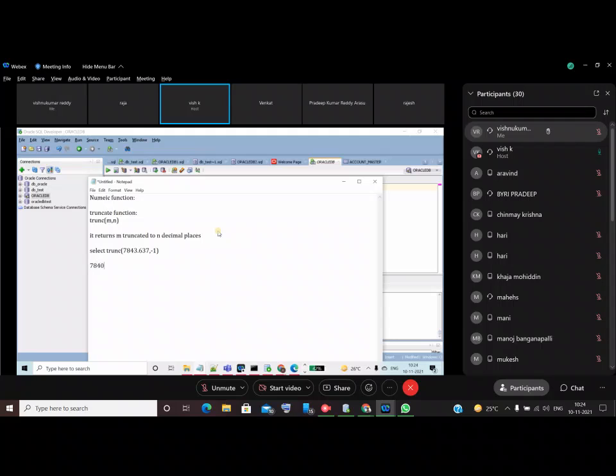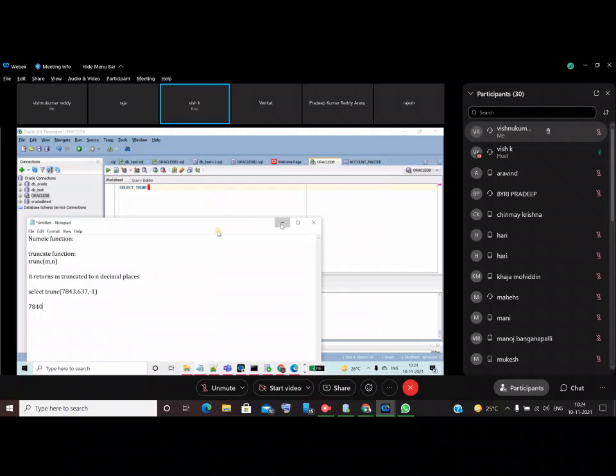Sometimes a business requirement will ask you, whenever you get some results, to please truncate the values. They will tell you in the business rules. In that case, this TRUNC function will be useful. So we'll see one example.